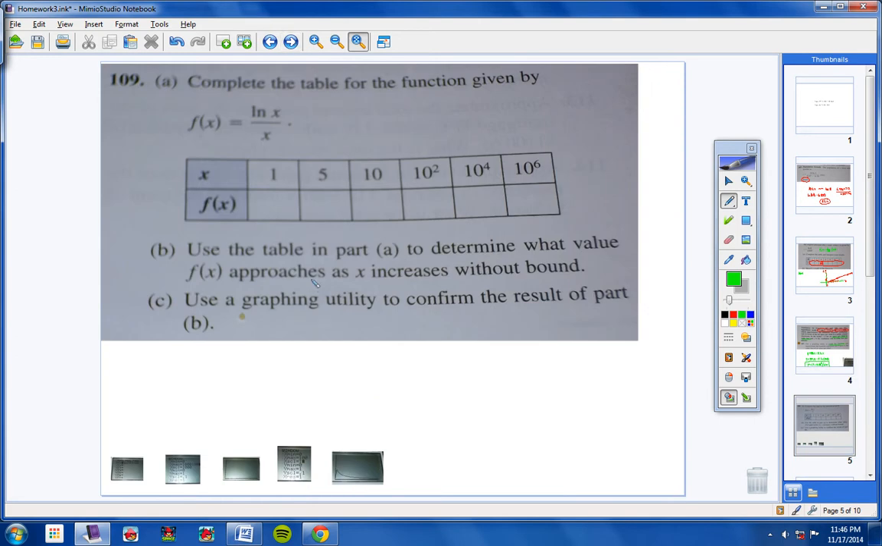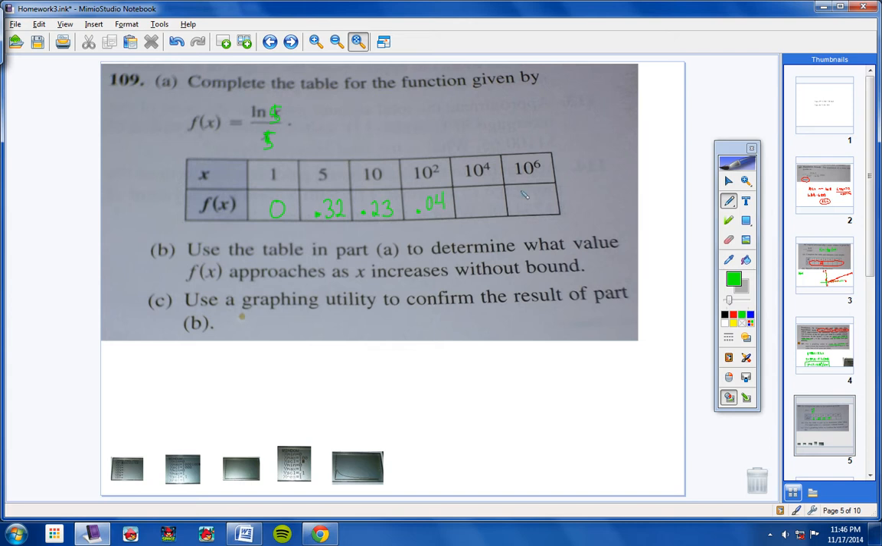Okay, pretty simple problem here. Here we go. We're going to complete the table for the given function. So here's x. We put a 1 here and a 1 here, and we would get out 0. Okay? Then we put a 5 here and a 5 here, and we would get out a 0.32. And so on and so forth. So you would end up with 0.23 here, 0.04 here,